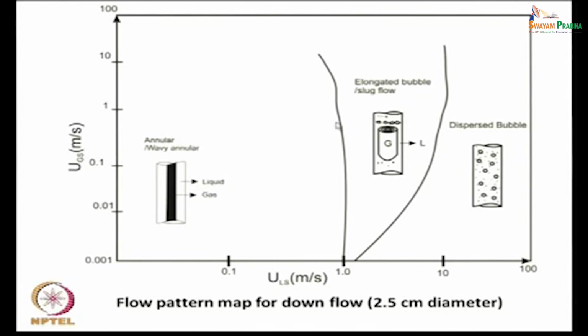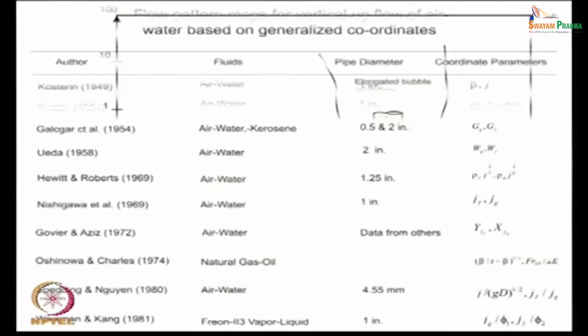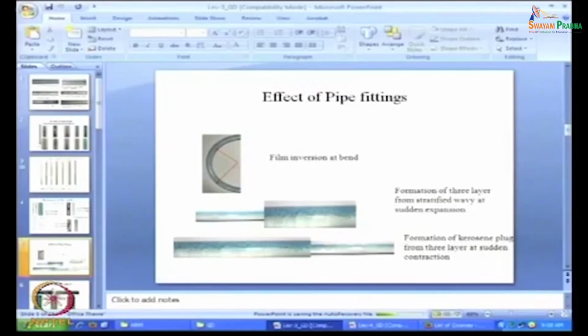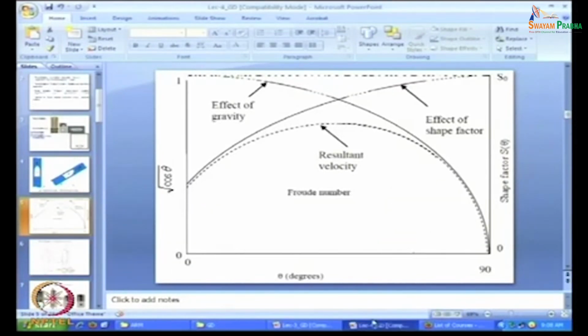But anyhow, this is quite a big challenge, and work is still going on. Whenever we encounter newer fluid types and newer geometries which are coming up with the increasing applications, we find that representing the range of existence of flow patterns is quite a challenge. So, this completes our discussion on flow pattern maps, and after this, as I had already told you, what we would like to do is,